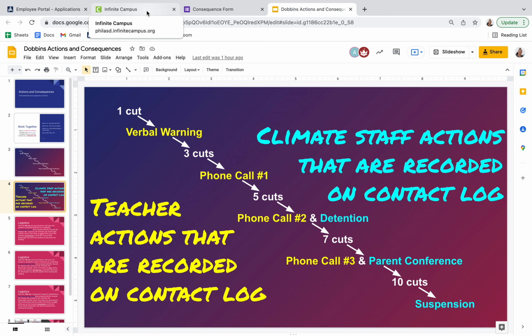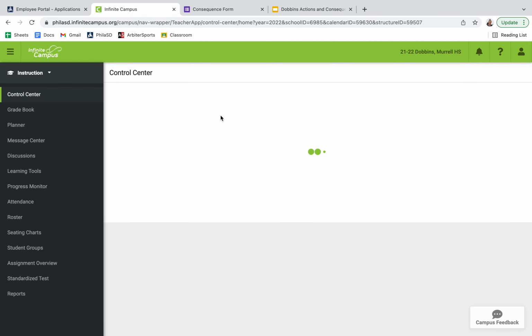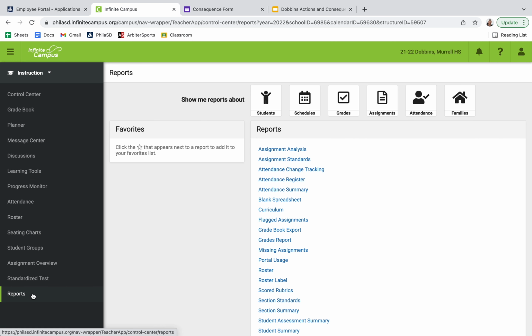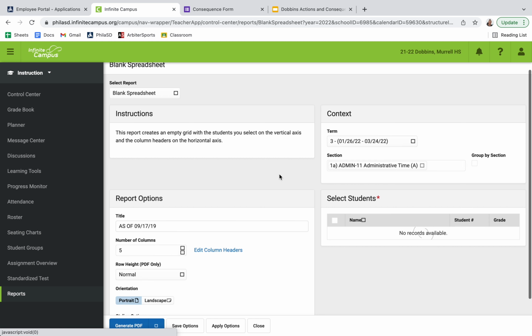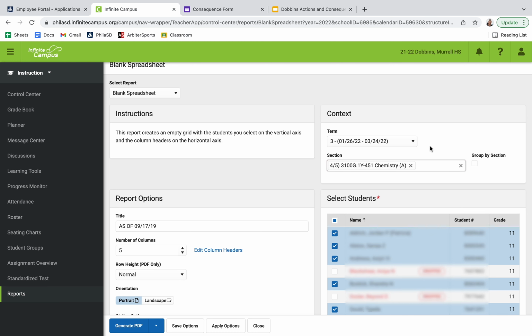So as we go down the path of cuts, there is the option on SIS for you to go back to this main page and select reports. From reports, we can go to blank spreadsheet. So you can select your class that you want to print a blank spreadsheet for,